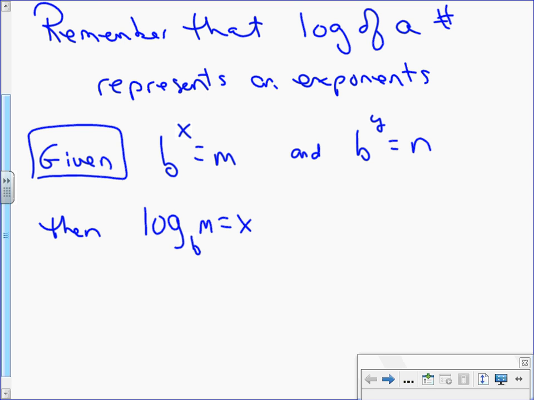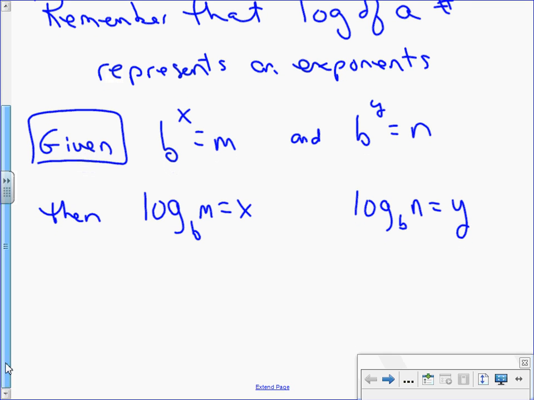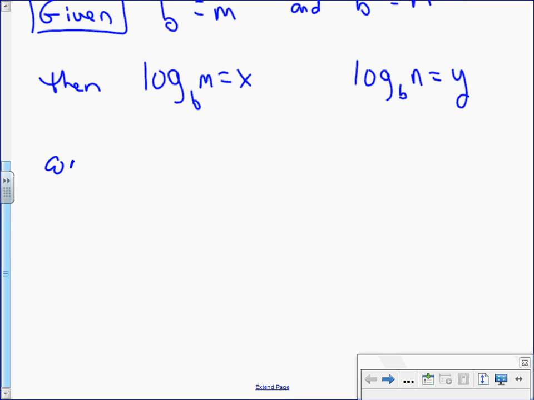If that first statement is true, do you see that the second statement is also true based on our new notation? Yes? Okay? And that one is also true. This is just transforming from exponential form into log form. Yes? So if I said, what does x equal? You would say log base b of m. If I said, what does n equal? You would say b to the y. Okay, so those are our starting points, and we're going to use them as we go through this problem. Consider